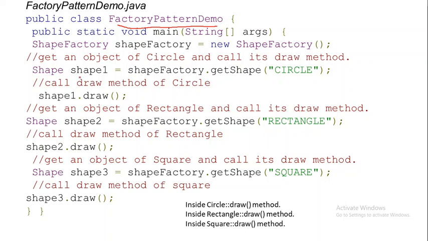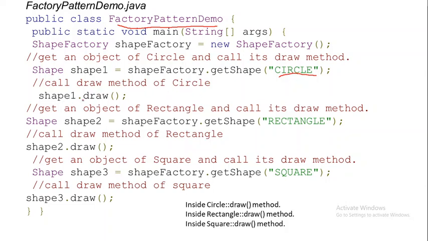Next, shape1 object equal to shapeFactory.getShape of circle. Which object is going to be created? A Circle object is going to be created based upon the ShapeFactory.